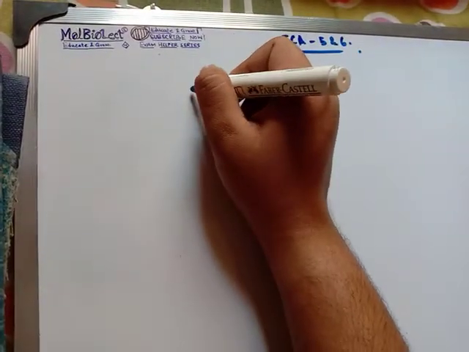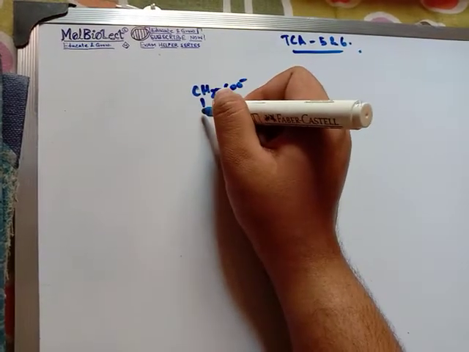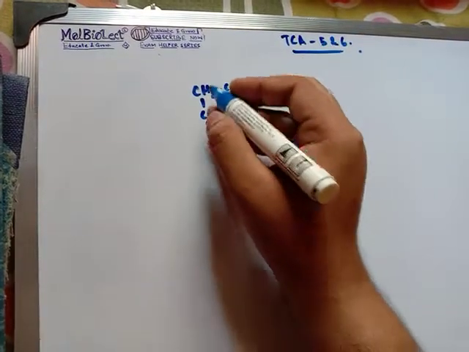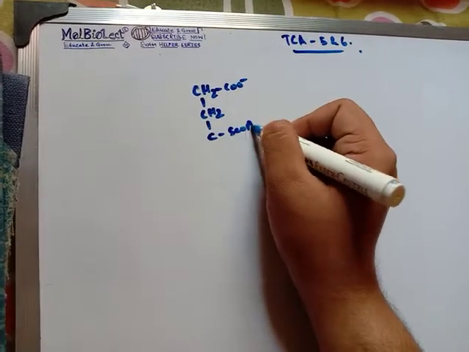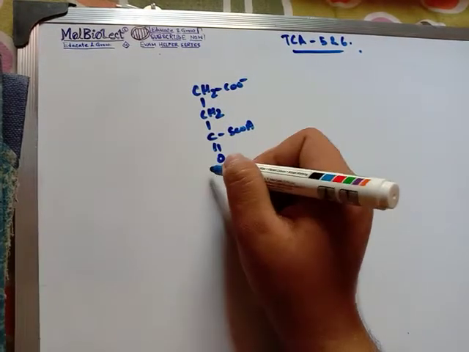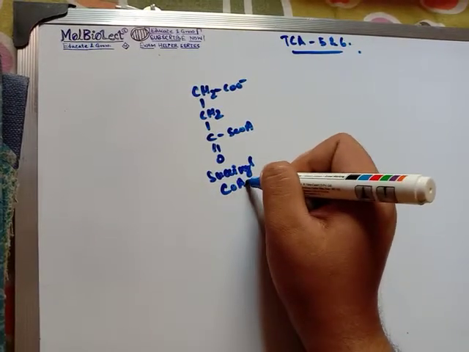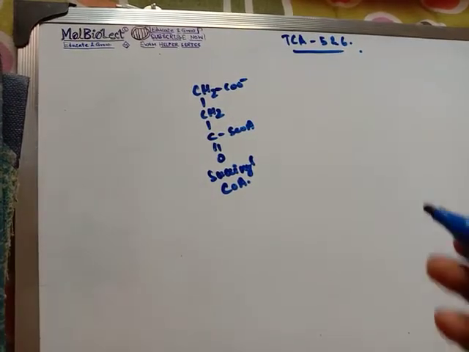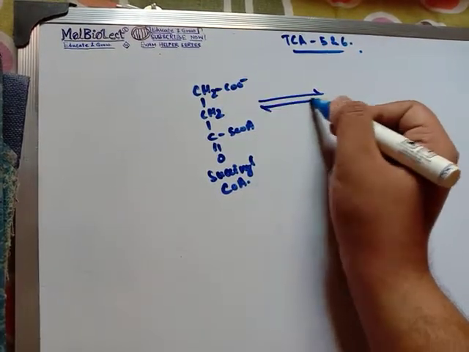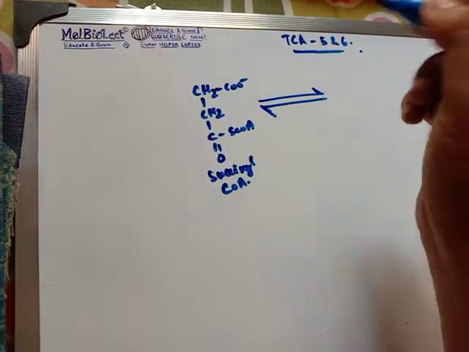So the succinyl-CoA formula was CH2CO minus. This was constant throughout the reaction. Okay, it will change, but it's constant until now. CSCoA double bond O. So this is our succinyl-CoA, basically a succinate with a CoA. So the next step is basically a hydrolysis reaction. Not hydrolysis actually, I'm saying it wrong.